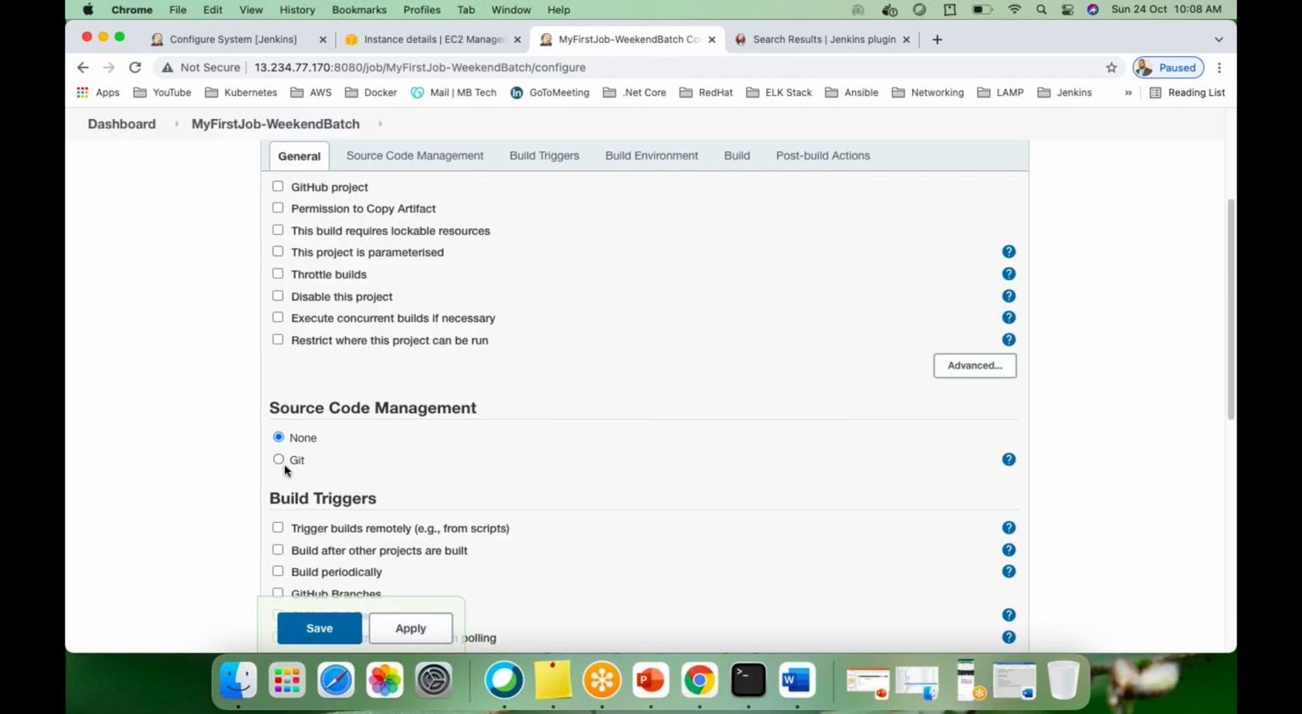And I'll show you in the Git. Still, we have not worked on the Git project. Okay. Now, what I'm doing is the source code management section. What about the repositories you are working on? Suppose you are working on the